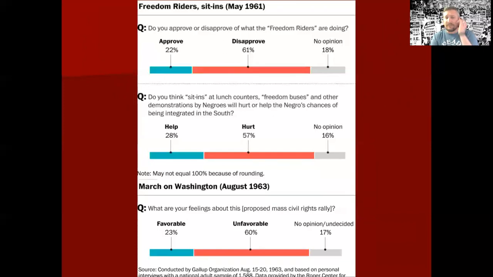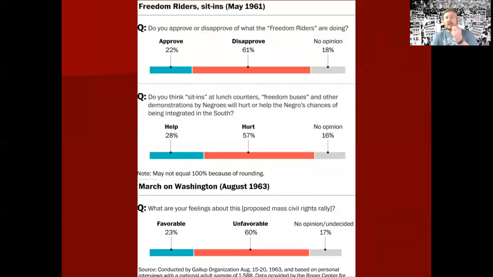I found this to be a very interesting poll. This was given by Gallup, which is the national polling organization. You can see here, this poll was given in 1963, and you can see actually most people in 1963 disapproved of what the Freedom Riders were doing. I think this is such a telling moment for us